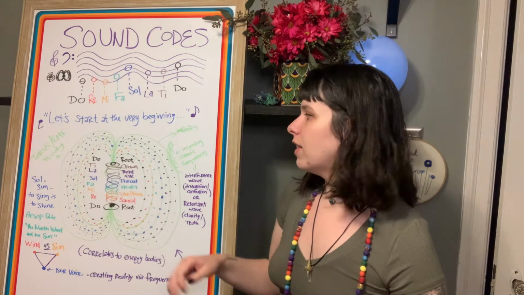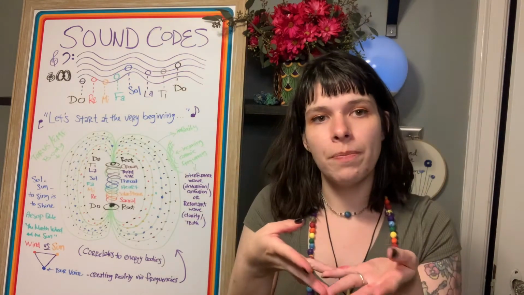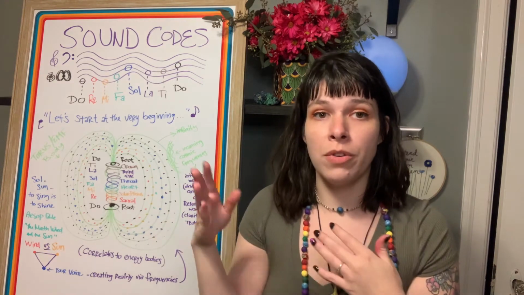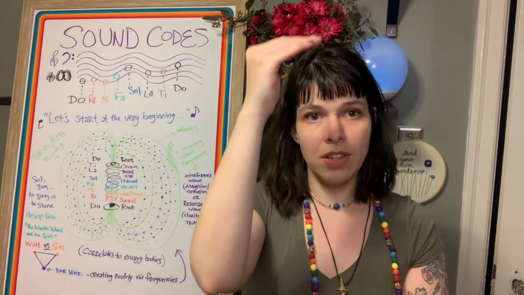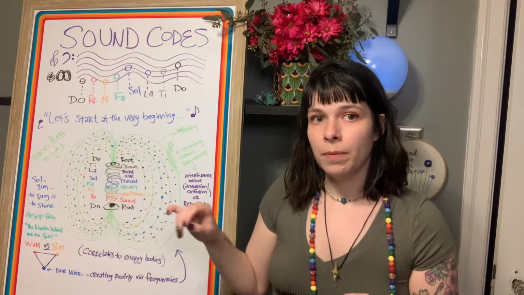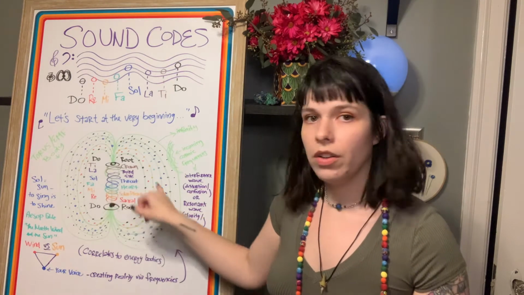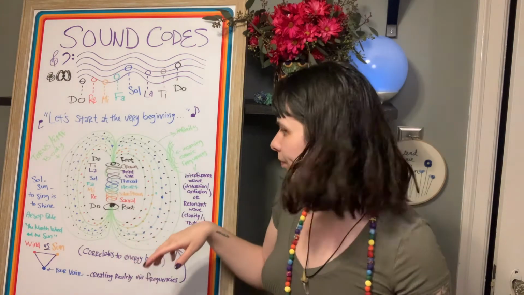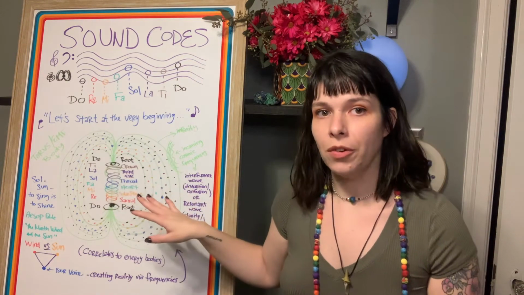Another thing is that the torus of the body has all of these layers of energy fields, and that I felt could correlate to the musical staff, where it also has all these different lines, layers of tones and frequencies. And so I went ahead and put little dots to signify tones, notes on each of those correlating frequencies, so that you can get an idea when we're looking at the energy field.